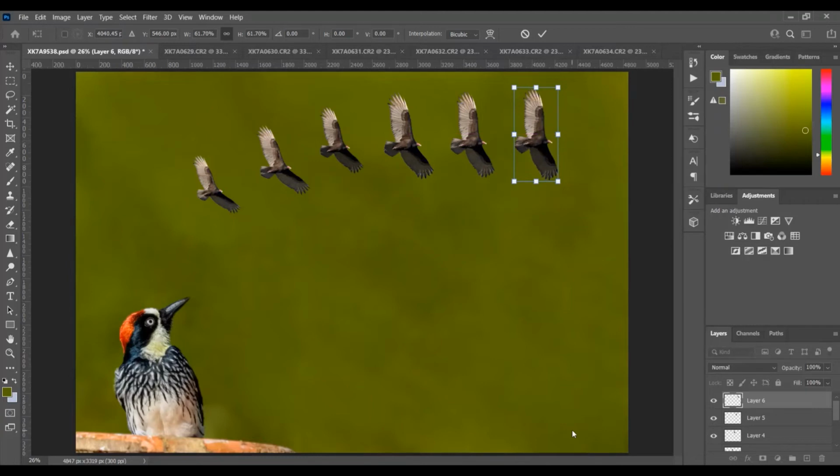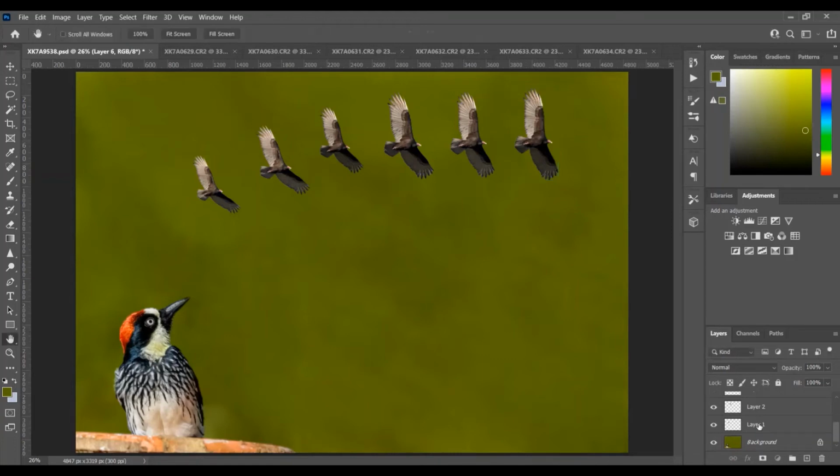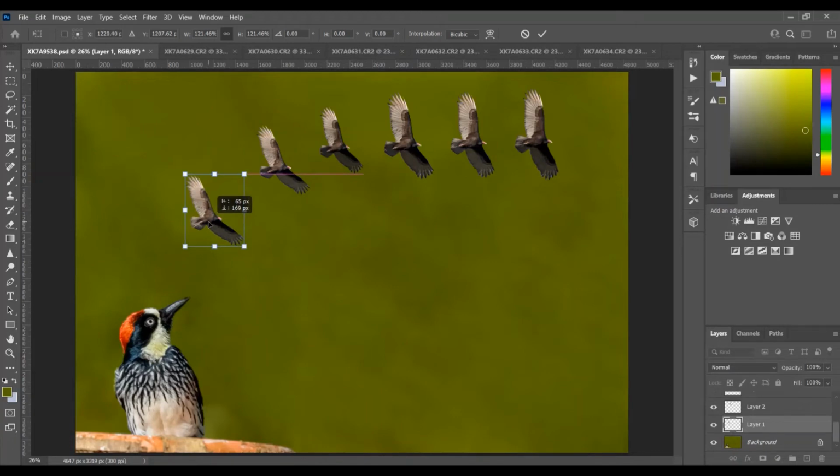Now you can see the base layer, if you look at the right, and there are various layers. Now we can create some rhythm from this image. Let's go back to layer 1. Press Control T so it will get selected. I'm just enlarging it to make it a little interesting.